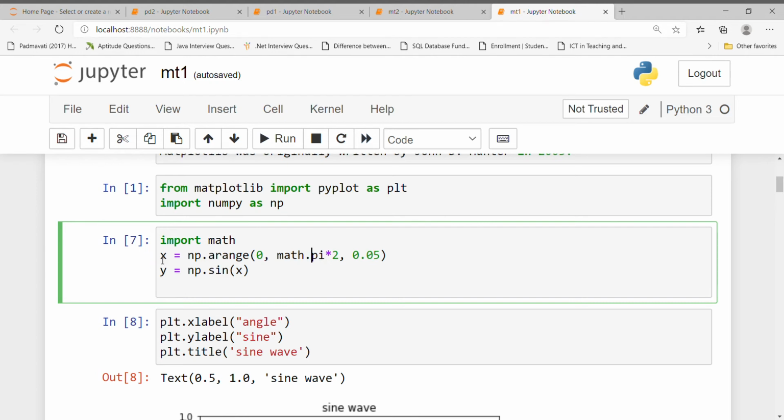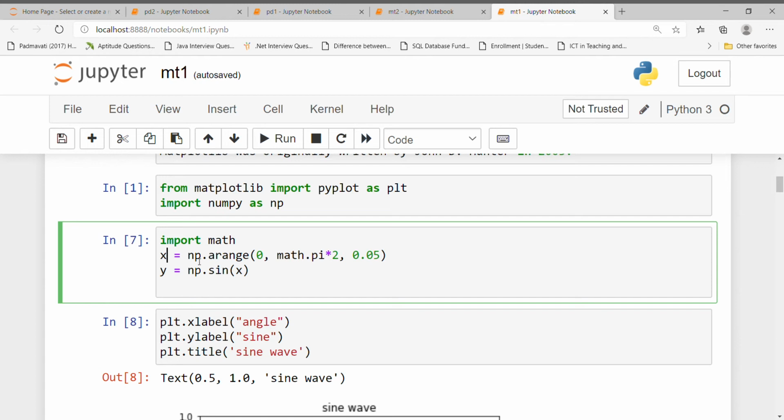Here I am taking two variables x and y. In x I am going to store np.arange(0, math.pi * 2, 0.05), which means 0 to 2 pi with a step of 0.05. We use arange to obtain the n-dimensional array object of angles between 0 and 2 pi.